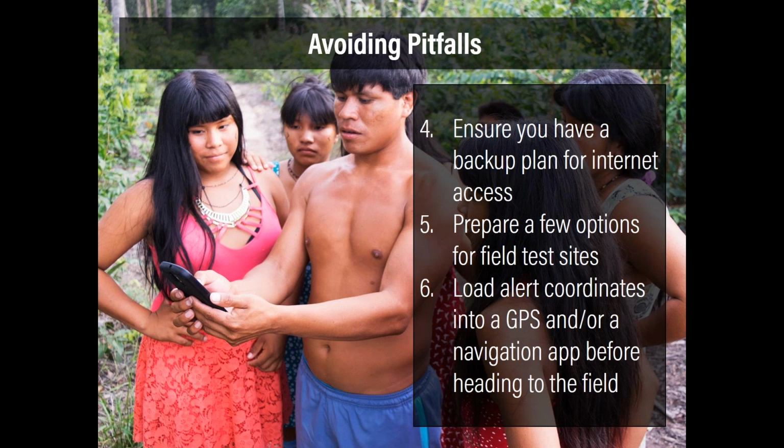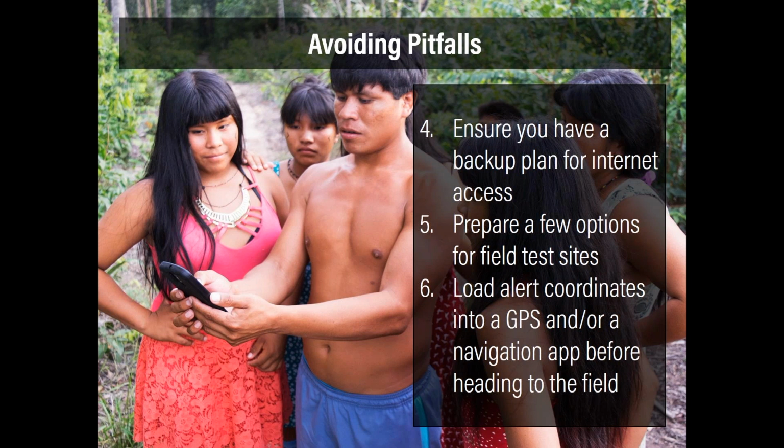And finally, though the Forest Watcher app will indicate the distance, as Liz showed, between you and the alert, its primary function is not as a navigation tool. So it's helpful to have a backup way to navigate to the alert. So you could either load the alert coordinates into a GPS device, or if you have another app that works for you, or a website, like Google Maps or OpenStreetMap, with data that will help you navigate